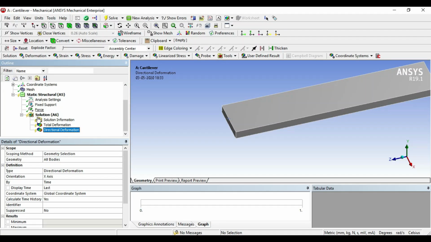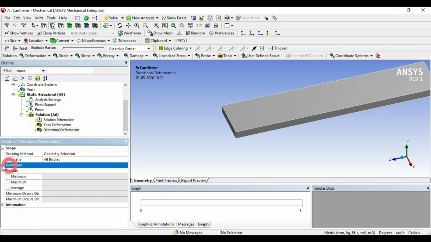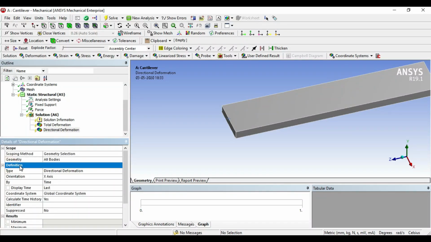So when we select total deformation, that means it is a summation of all the deformation along the given xyz directions. And directional means it is a deformation along a particular axis. So when you click on the directional deformation, in the details of directional deformation there is a definition setting in which you will find the orientation selection box.